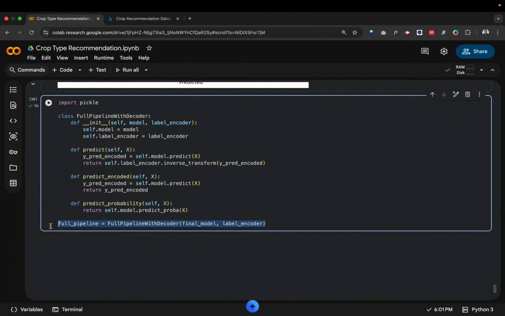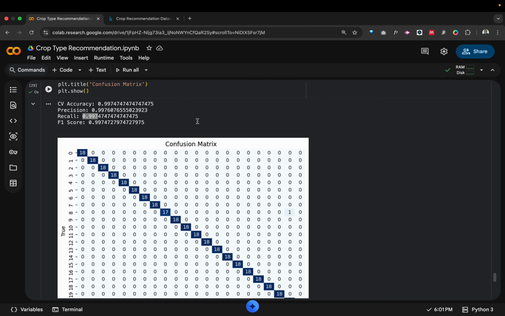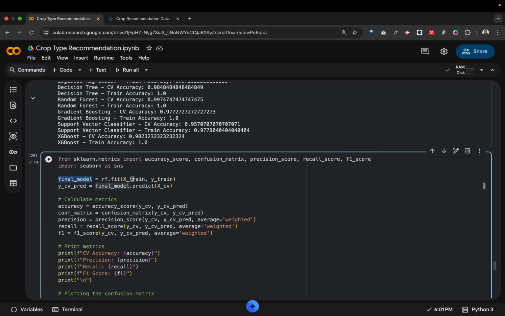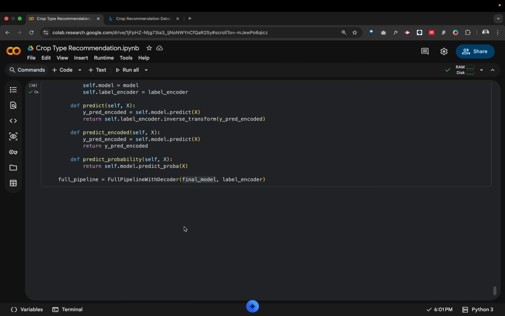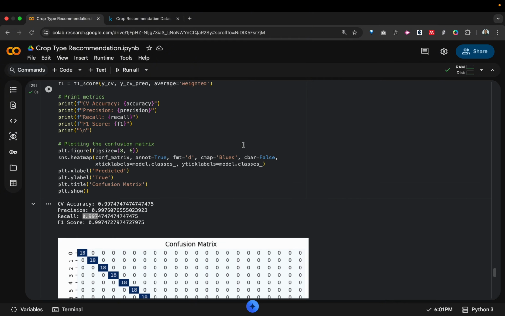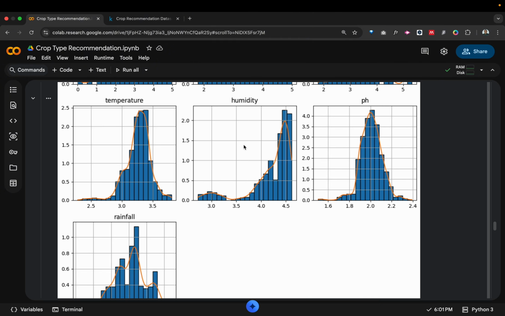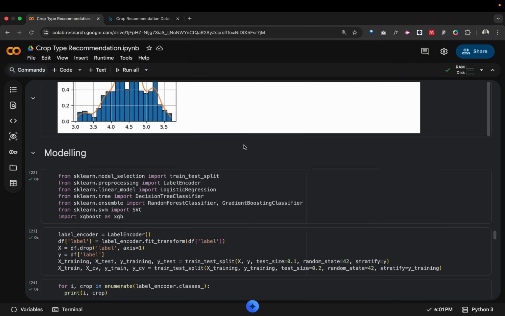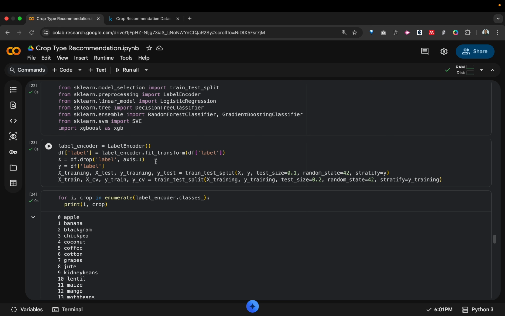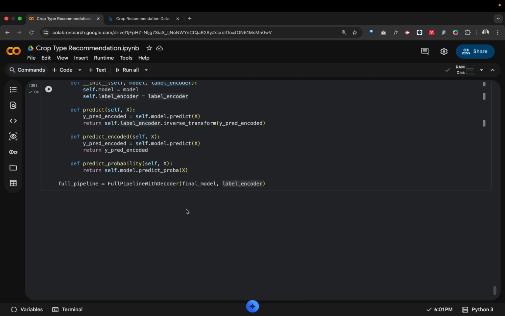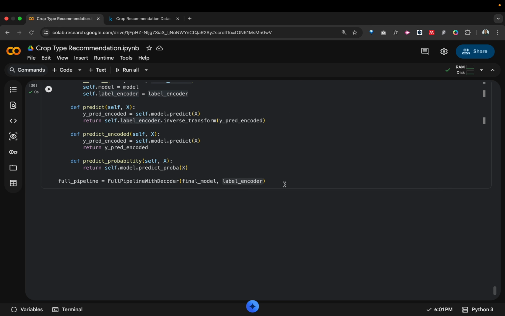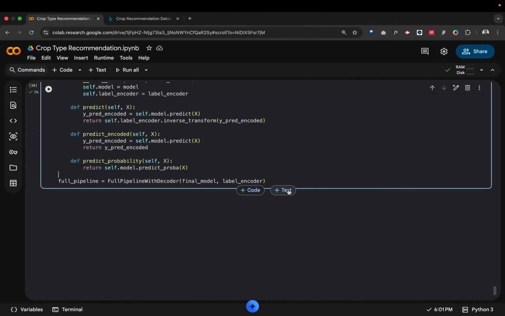And this is where I'm instantiating the class. The full pipeline equals full pipeline with decoder, and we pass in the final model, which is the final random forest model, and the label encoder, which we created while we were doing the modeling process here. So we have the encoder that has been created. We pass the two as variables into the class as properties of the class,